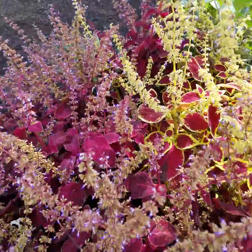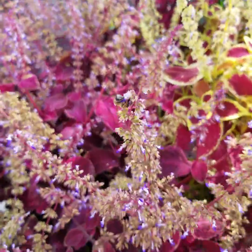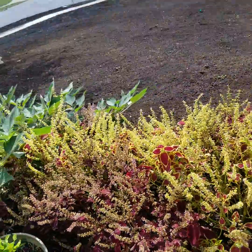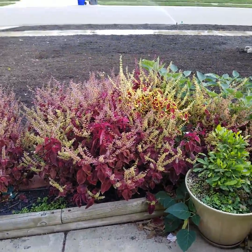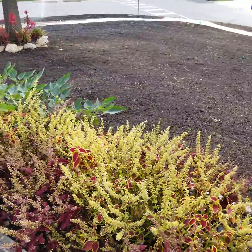So there's a little bumblebee right there. Not Hank, but it's a bumblebee. Got some honeybees. But there's probably a good 100 bees out here at any given time. So I'm going to go ahead and leave this up. I know it looks horrible now, but at this point I'm actually just shutting everything down and starting to prepare